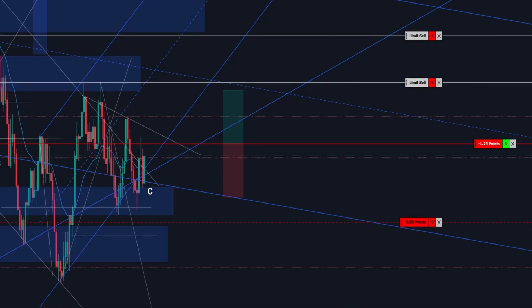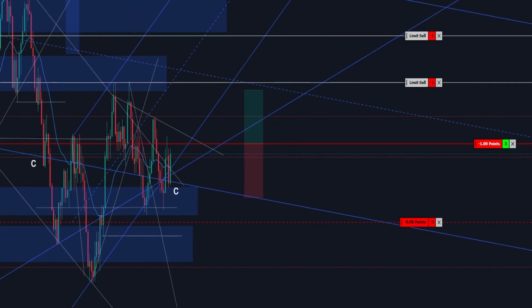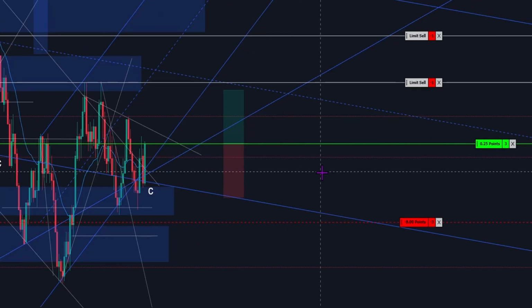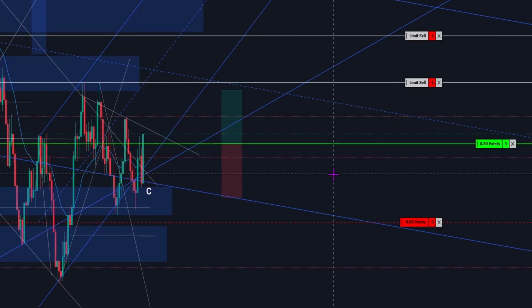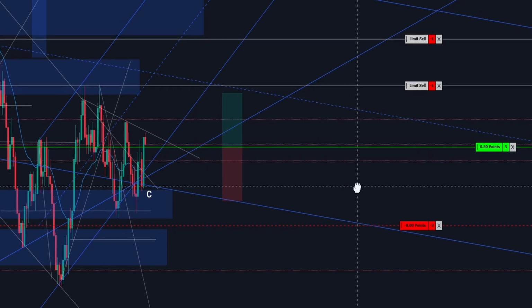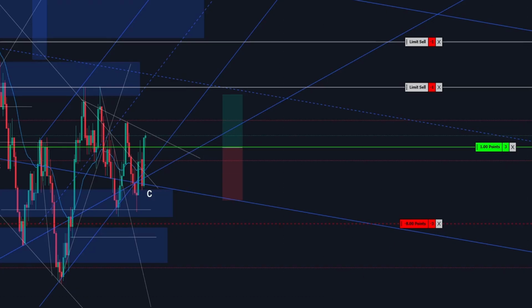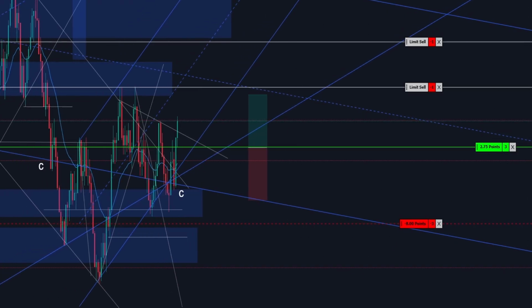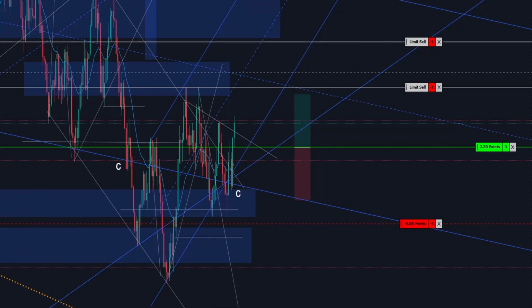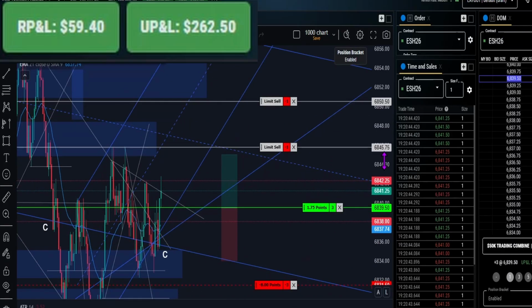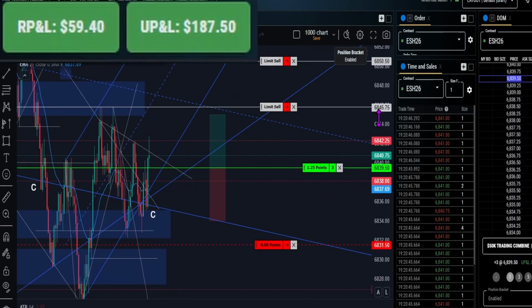And see if we get to this trap here and see what happens there. Oh, very strong candle. Yes, exactly. So now it could rotate again. So be aware of that. So now I'm going to see the PNL because